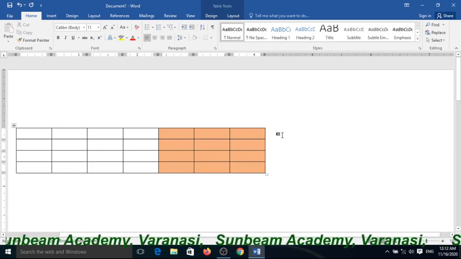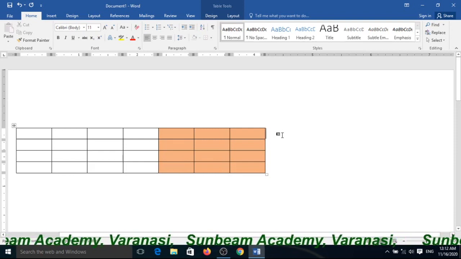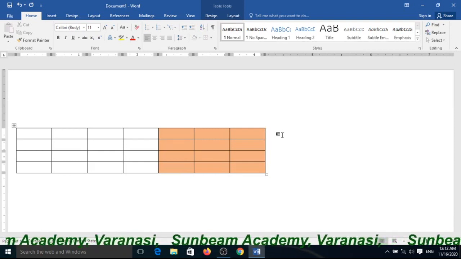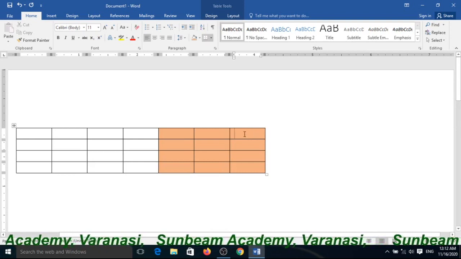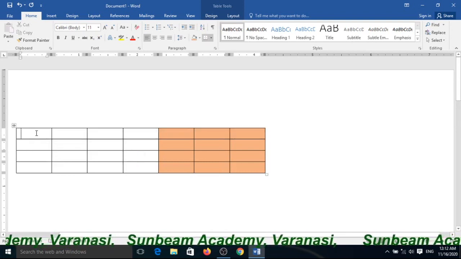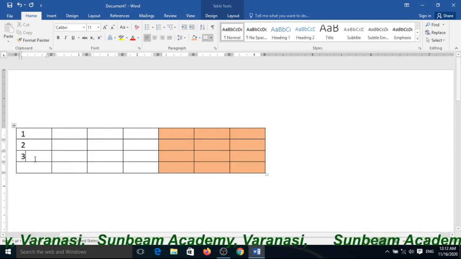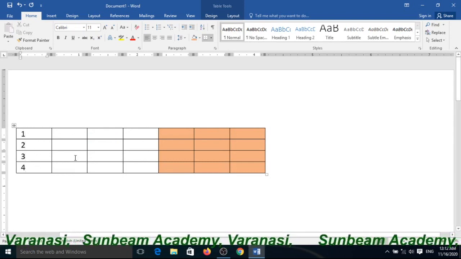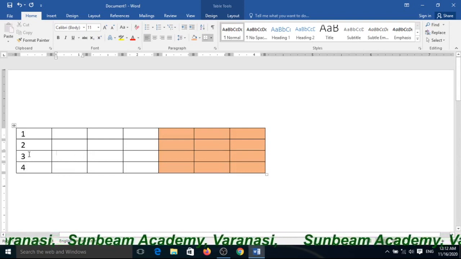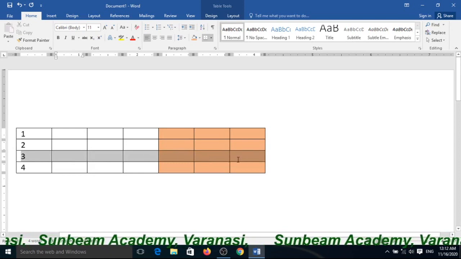How can you delete a row? Very simple. Suppose you want to delete this row. First and second and third and fourth, I want to delete the third row.